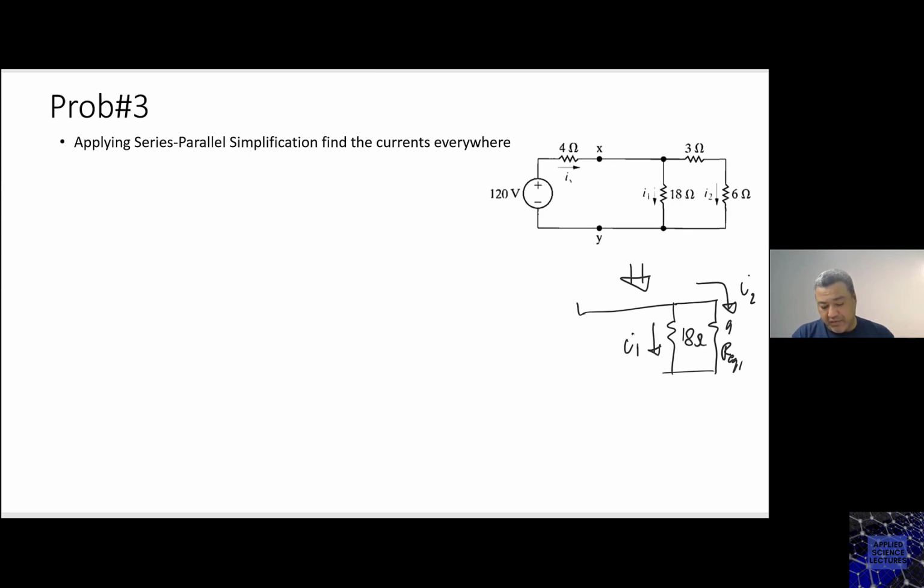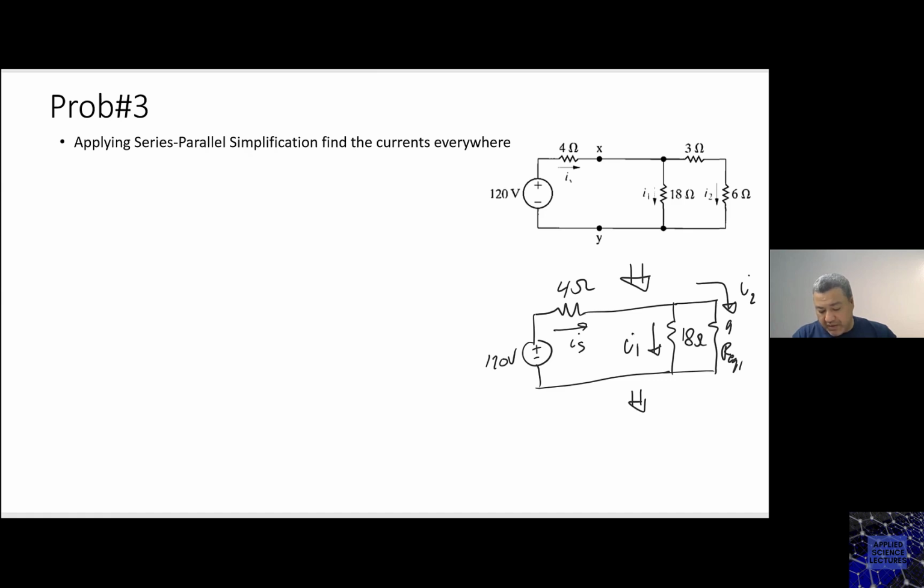And then I have here 4 ohm with a current being IS, and 120 volt. Then we can continue simplifying this circuit till we find IS,